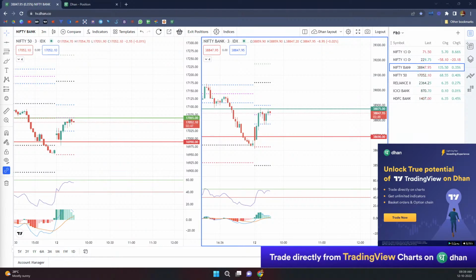Guys, heavy melting is happening in the morning itself, so after getting a clear direction we will take a trade. Also the algo is running, but it's not active yet, we'll wait for some time.